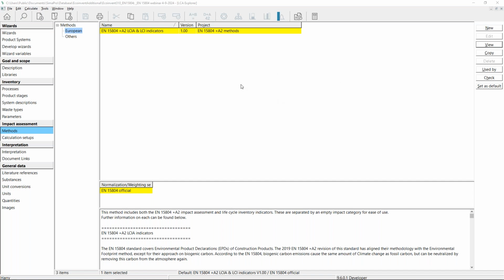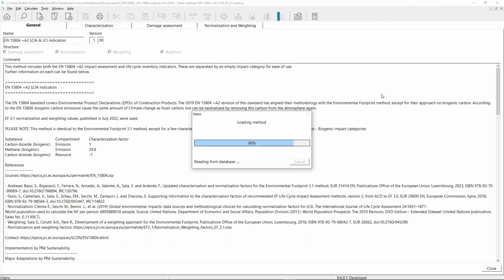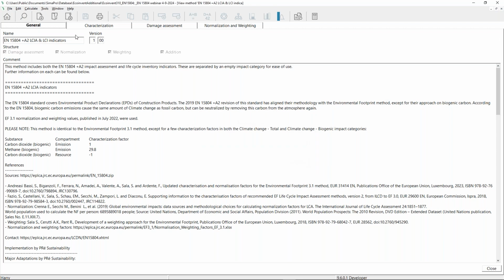Let me see. Yeah, so let's start with the methods. If I open the method, I think it is important to pay some attention to this General tab. It is overlooked by many of our users, but it's actually with every method we supply with SimaPro that the comment field under the tab General contains most of the information with that method.